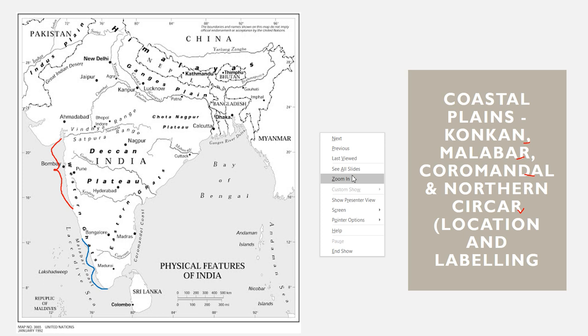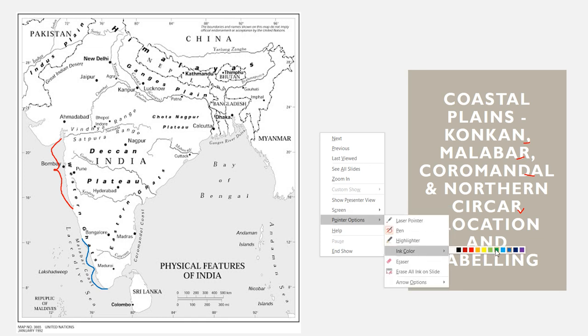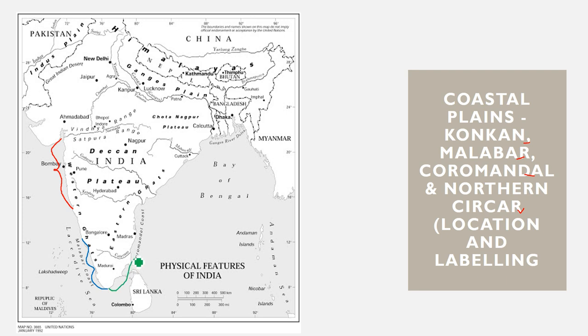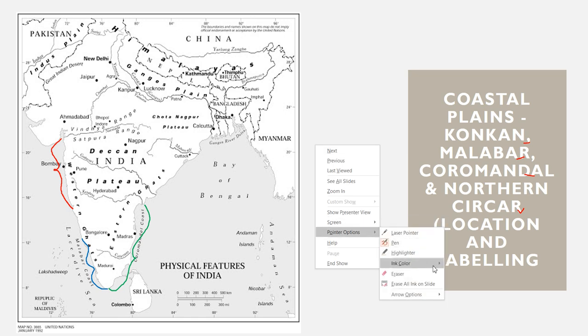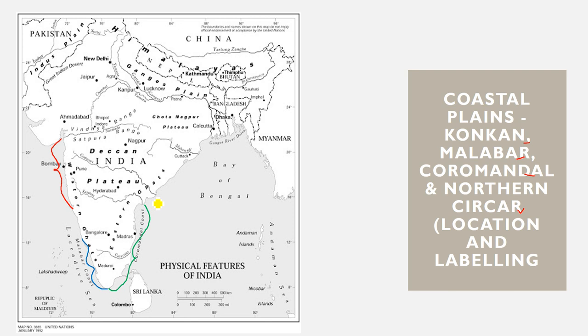Then you can go for Coromandel. Now Coromandel is already located here. Malabar is also located. This is Coromandel coast, right? Now the Northern Sarkar. To the north side we call it Northern Sarkar. Right? Now when you locate, you have to locate the complete area. Complete area you have to locate, so that it is not just a part, remember.